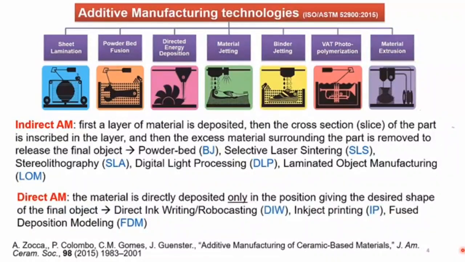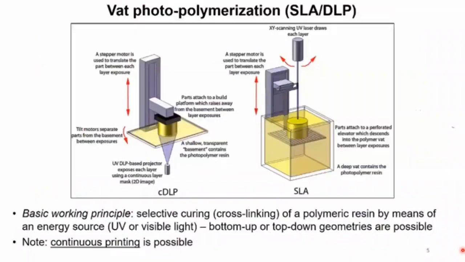And they are as follows: sheet lamination, powder bed fusion, directed energy deposition, material jetting, binder jetting, VAT photopolymerization, and material extrusion. Actually, if you look at the standard, they make a distinction between additive manufacturing technologies for metals in detail, the different technologies. And I will start from VAT photopolymerization, which is a rather general term that groups inside both